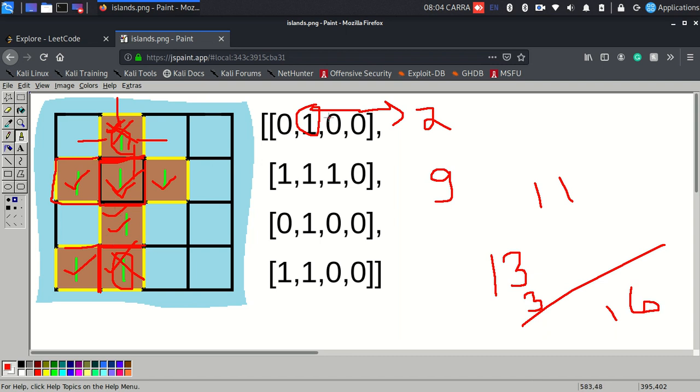So my strategy is I would do a BFS. I would start with any of the ones. When I visit that 1, I'll set it to 2, so that it makes sense that yes, I have visited it, or if not 2, then maybe -1, anything. So okay, let's go with -1. That would be easier to code.